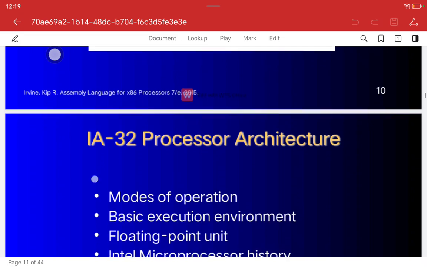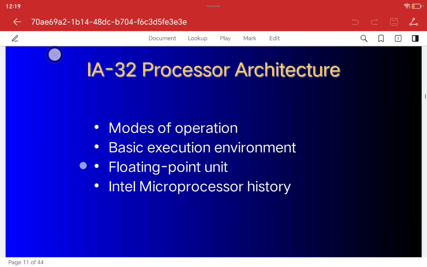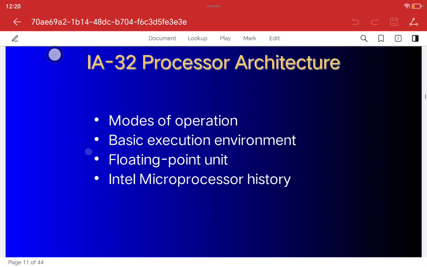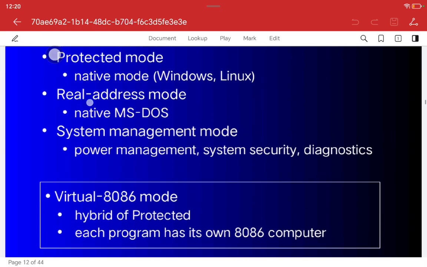So that's the first thing that we're going to be focusing on. On the IA-32 processor architecture, we're going to be looking at the modes of operation, the basic execution environment, the floating point unit, and also the Intel microprocessor history. So if I check these,